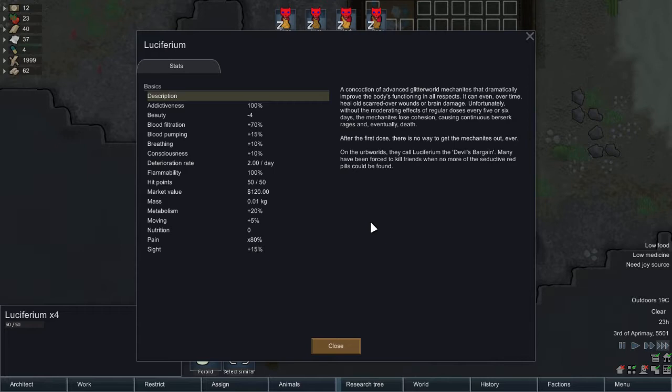Anyway, on the herb worlds, they call Luciferium the Devil's Bargain. Many have been forced to kill friends when no more of these seductive red pills could be found. What they do is increase blood filtration by 70%. This means they gain immunity faster, they get rid of diseases and parasites faster, and they're just overall healthier